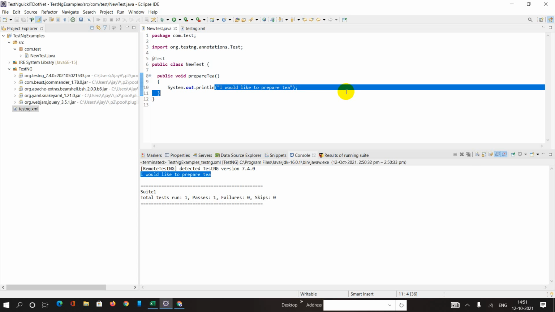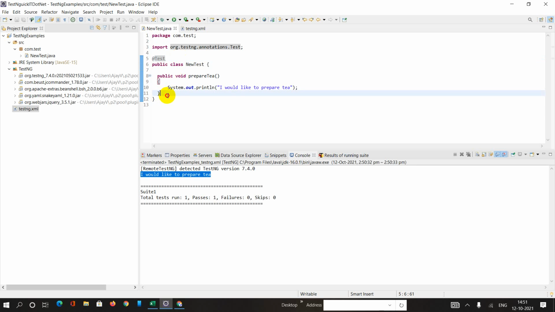Okay. So let's say if I say something, okay, public void ingredients, to require to make a tea, okay. So I can say here the ingredients are ready with me.